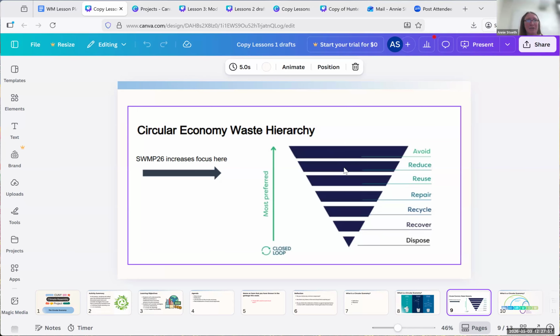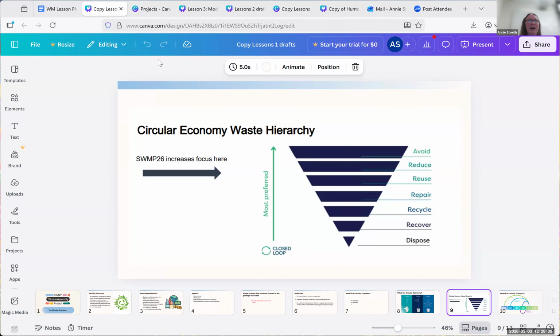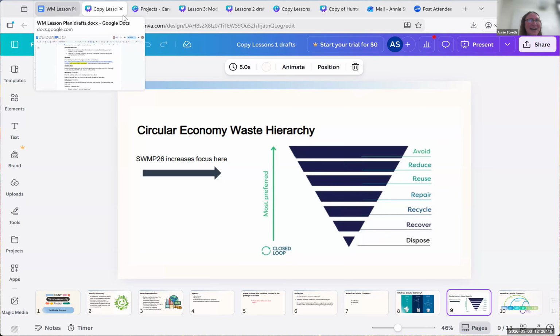It's not just about recycling. A lot of it is about rejecting things we don't need in the first place, right? And fixing things. And then recycling is actually pretty low on this hierarchy of wasting and then circulating through the system. So I have PowerPoint decks like this for each of the 3 activities that I'm developing.